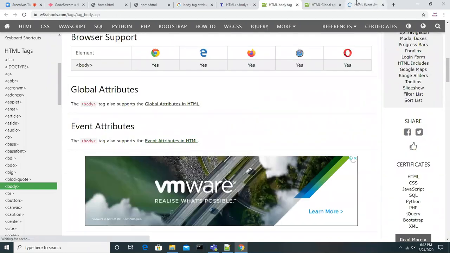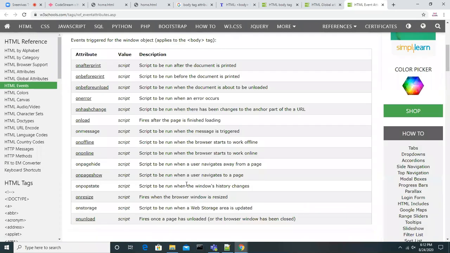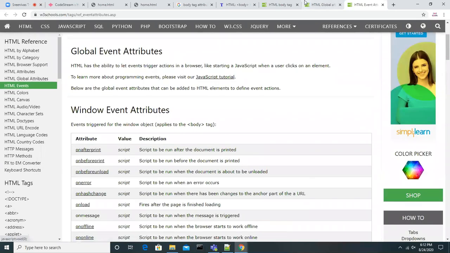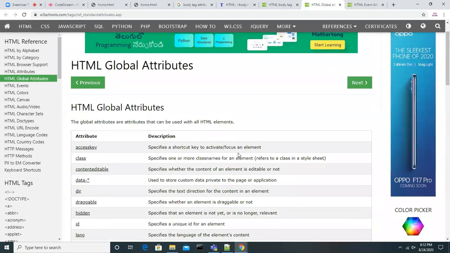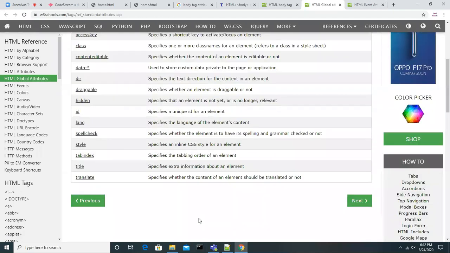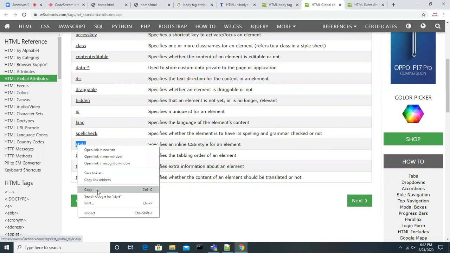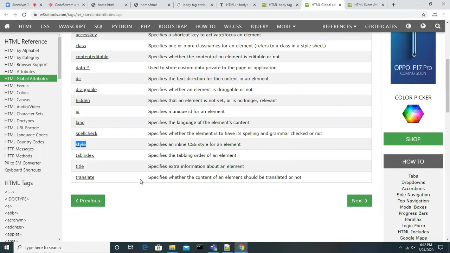Let's see the event attribute. So what this style attribute gives is, if you want to give some style, you can always apply the style attribute, guys.